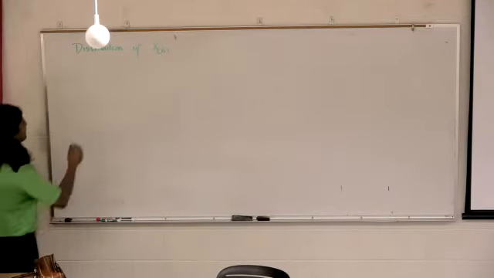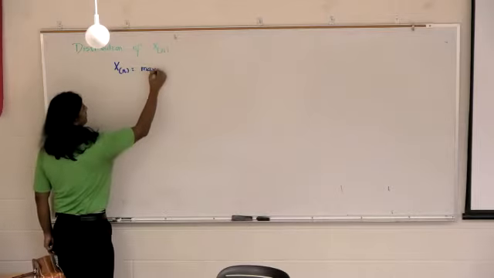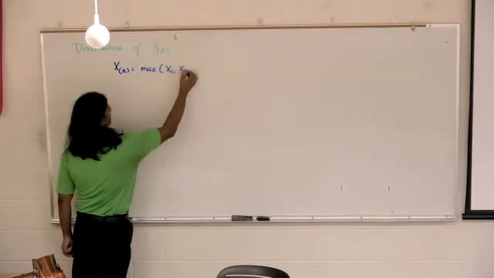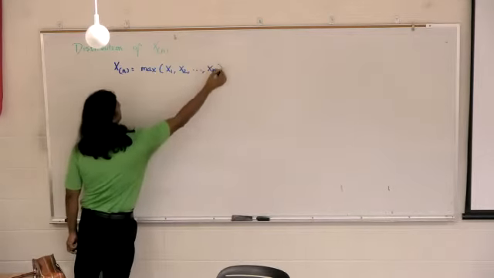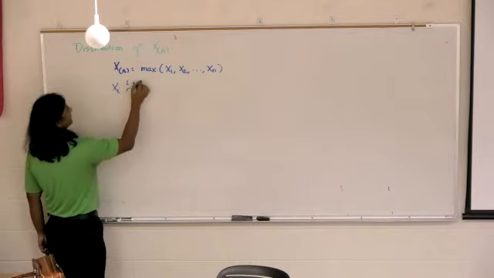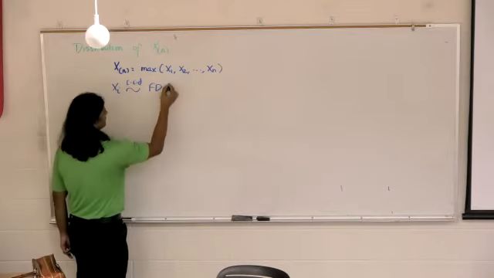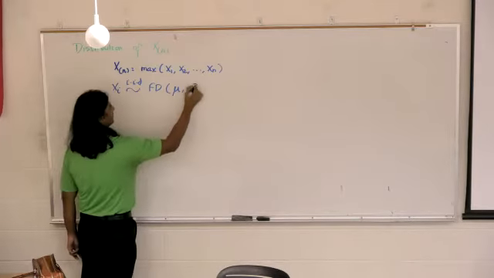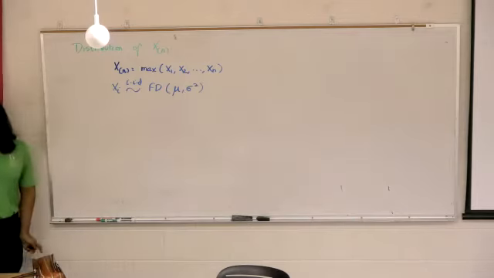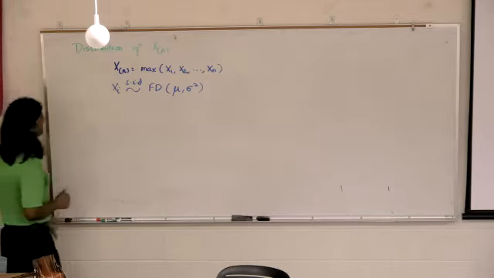So X(n) is the maximum of X1, X2, all the way up to Xn. Let's not forget the Xi are IID. I'll put FD, which indicates a finite distribution with mean mu and variance sigma squared. It could be normal, it could be exponential, it could be anything. Good. So I want to find